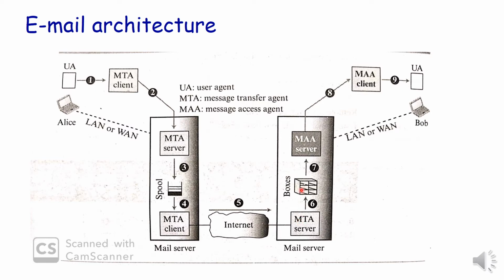The messages at the mail server of Bob's site will be there in the mailbox, and this will be triggered to the mail access agent at Bob's server. Whenever the user agent program at Bob's site allows to read the message, at that time the mail access agent downloads the messages to Bob's site. Bob later uses the mail access agent to retrieve the messages from the mail access agent running at the server site.